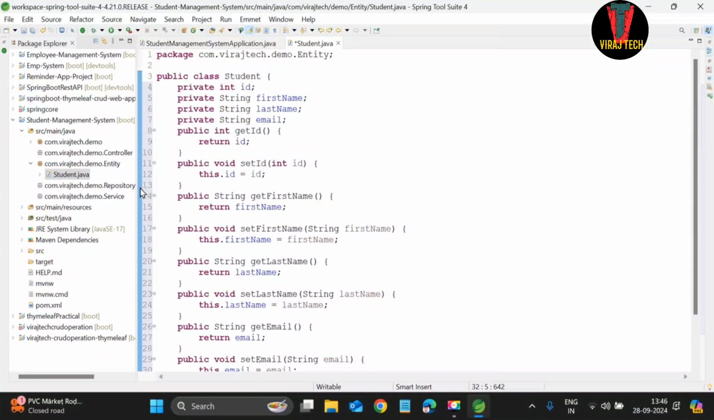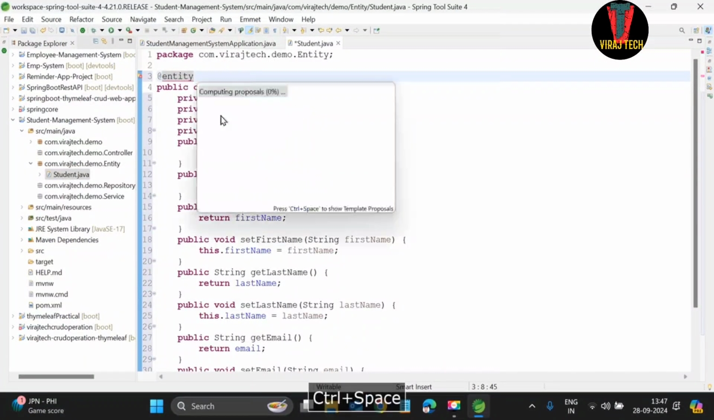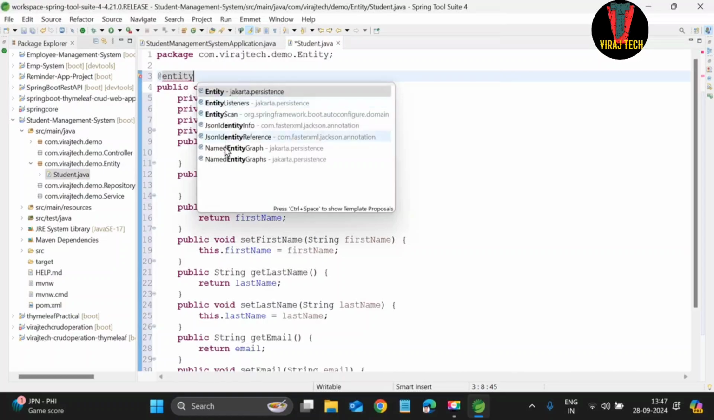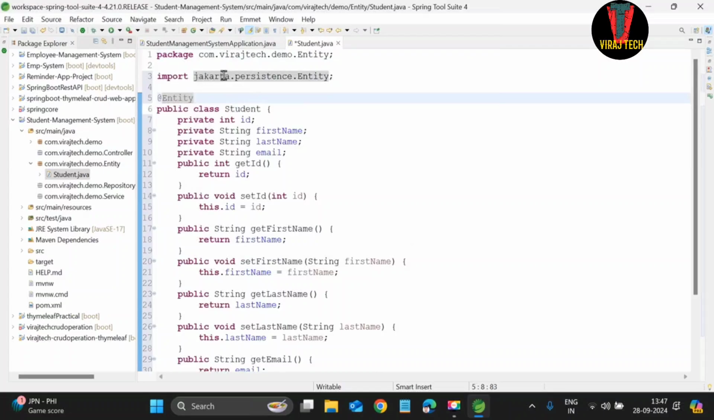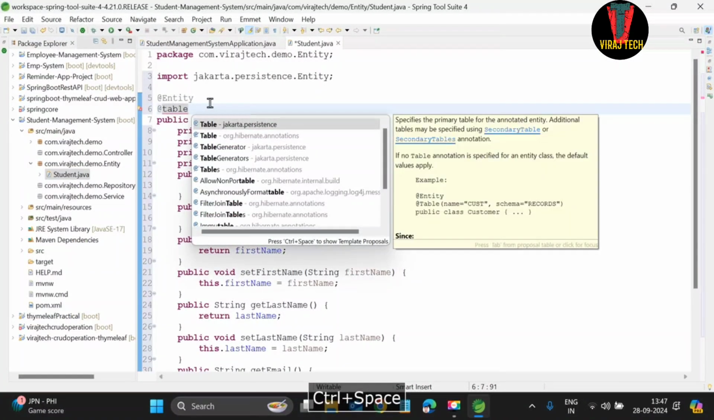Now the next part is, before that we have to use annotations like @Entity, and to import it press Ctrl+Space and you will see such suggestions. So we have to import this Entity, jakarta.persistence. Double click on this, you can see import jakarta.persistence.Entity. It got imported. Now next, @Table,